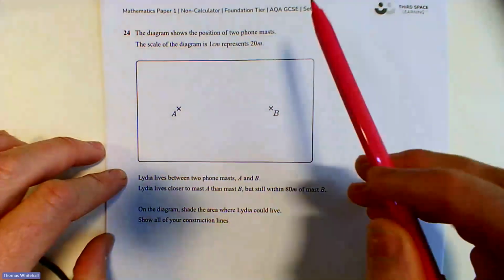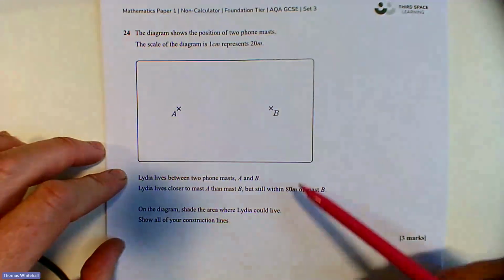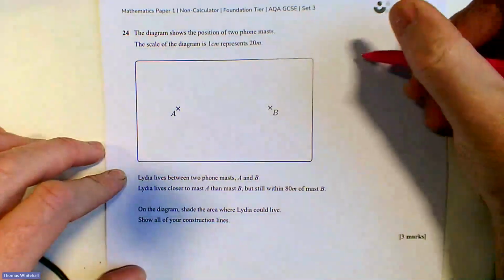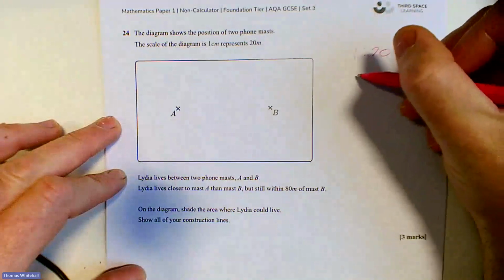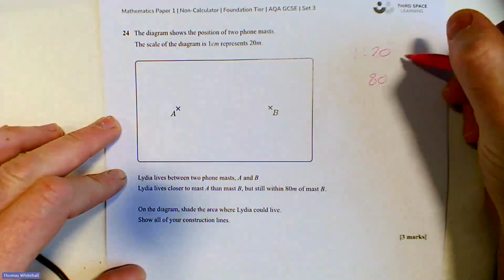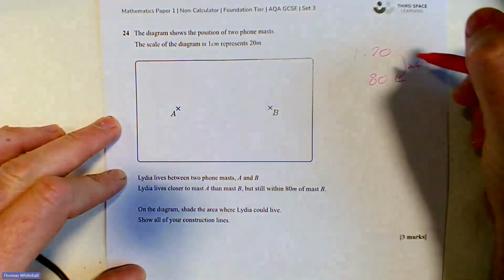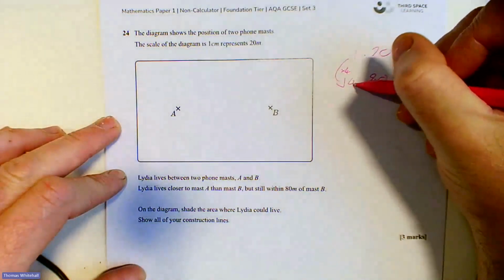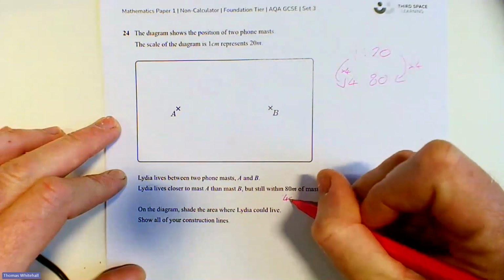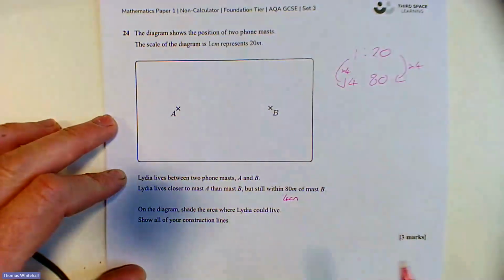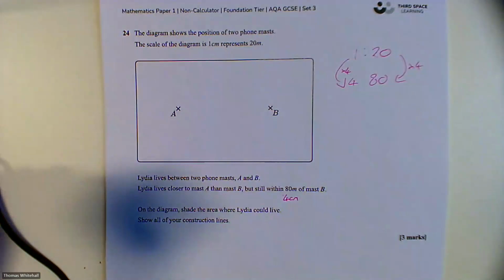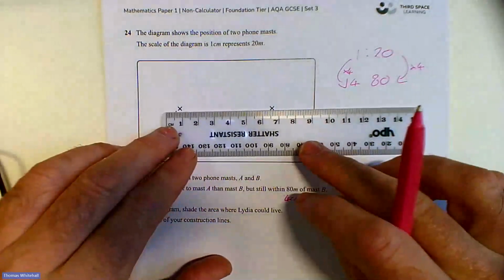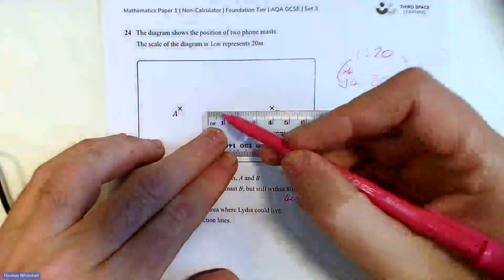Now, straight away, I will look at that and I know 80 metres, if it's a ratio of 1 to 20, means I must have multiplied that by 4. So that means I've got 4 centimetres. Okay. So that is going to be 4 centimetres. Now, if I use the ruler and I mark off, I've got a line and I mark off 4 centimetres across to there,